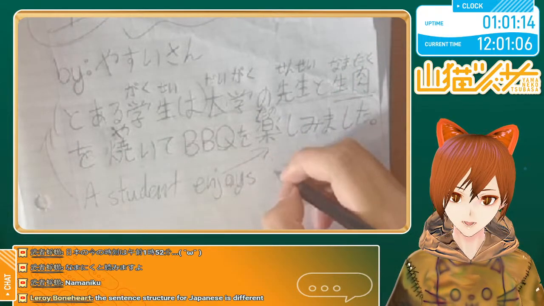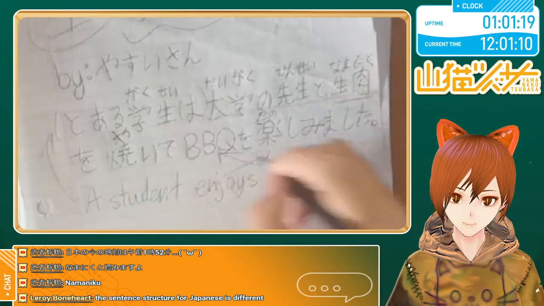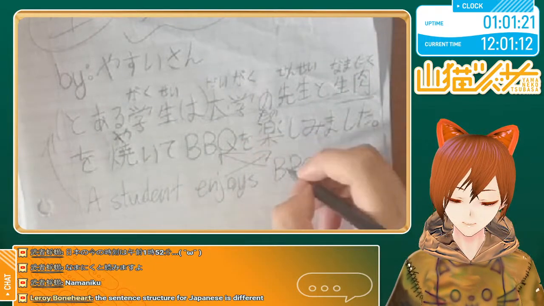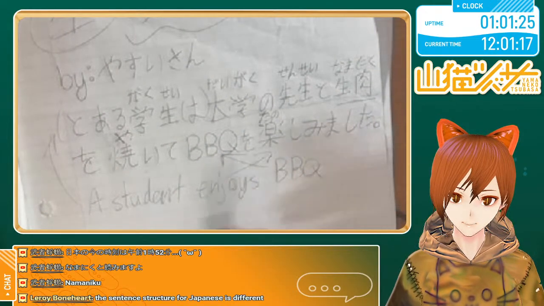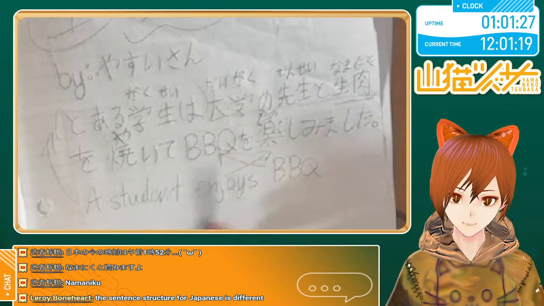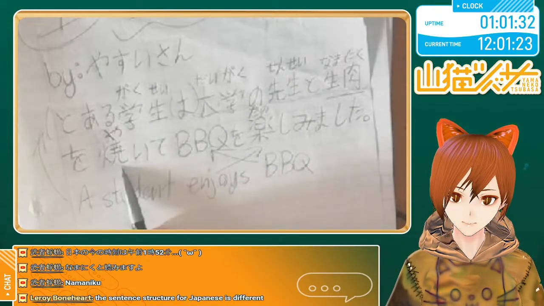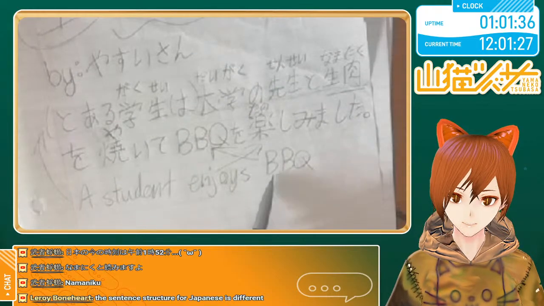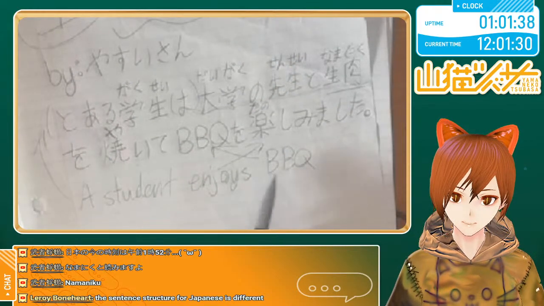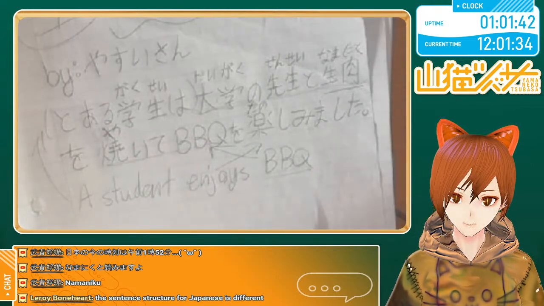Enjoys BBQ. I hope it's English, so yeah. And it's yaite BBQ o. Like, this whole thing is one thing. By the way, this is the verb to bake, but when you add BBQ after it, it means to BBQ. This whole thing means to actually barbecue, if you want to barbecue.